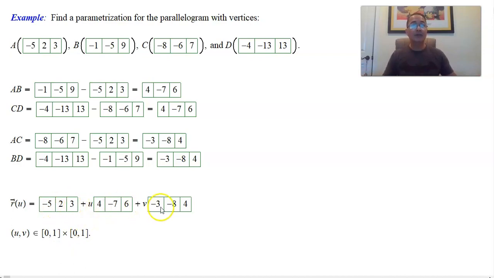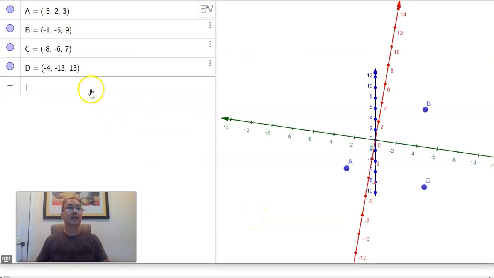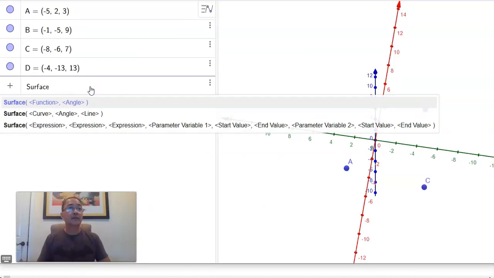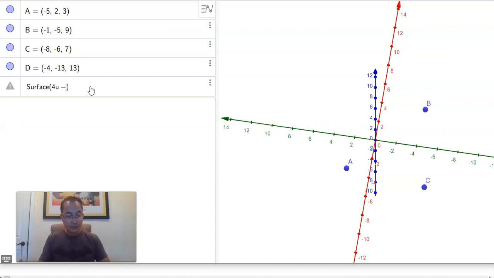Of course we have to combine these in surface to get our x, y, and z. Can Scientific Notebook do that for us? Oh yeah, there you go. So it's 4u minus 3v minus 5, etc. All right, so that is what we are going to plug into our surface map. So let's do surface 4u minus 3v minus 5, 2 minus 8v minus 7u, 6u plus 4v plus